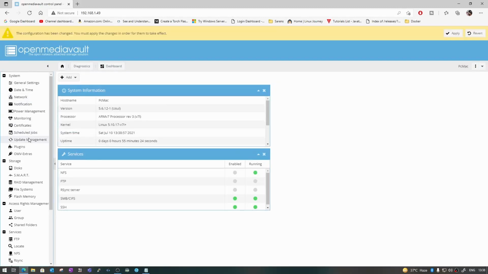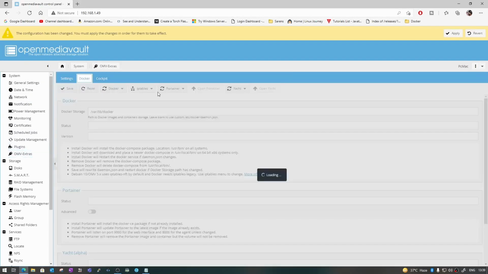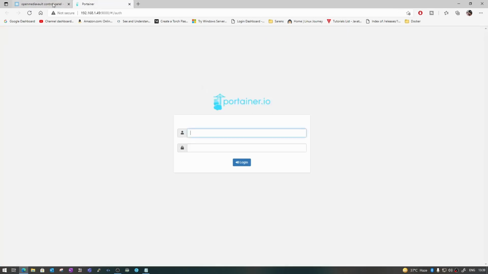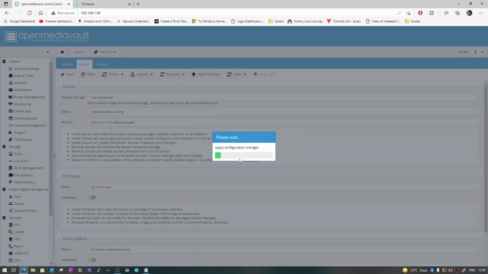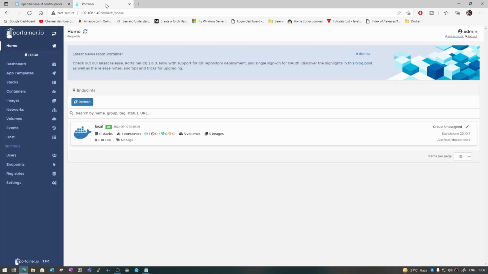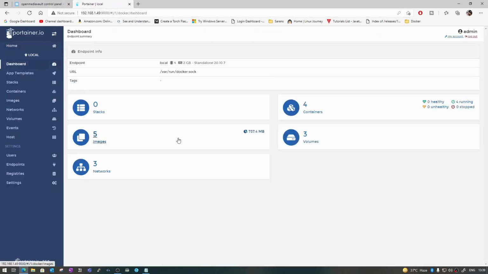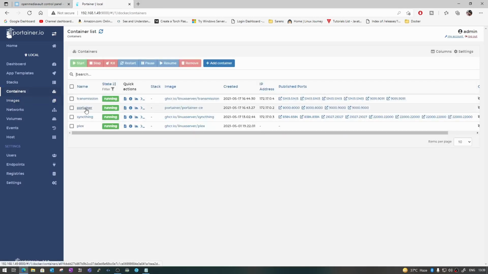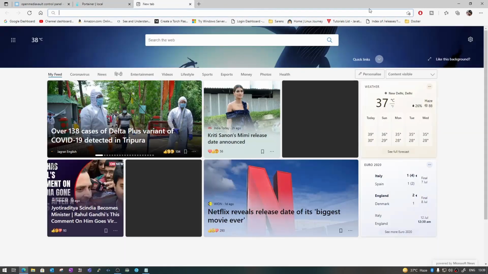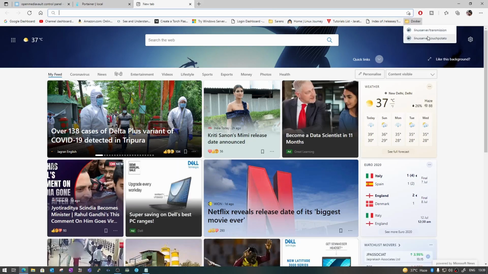Now let's log into the container. Let me apply the latest settings here on my OpenMediaVault, and in between, we have three containers running: Syncthing, container, and Transmission. Now we are going to install CouchPotato, and for that we are going to use the LinuxServer CouchPotato image online,